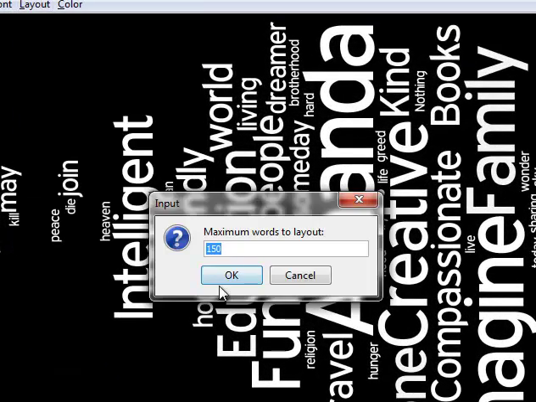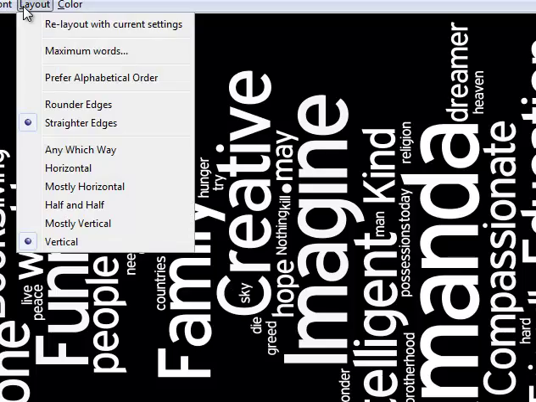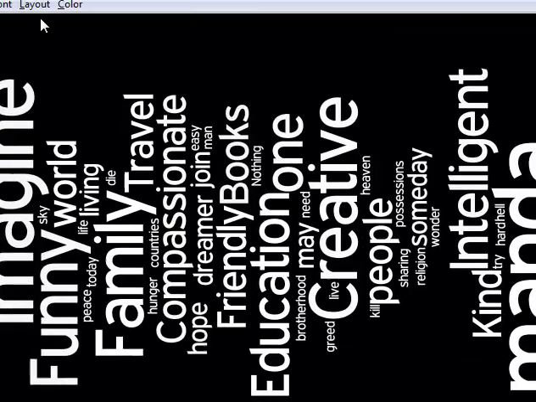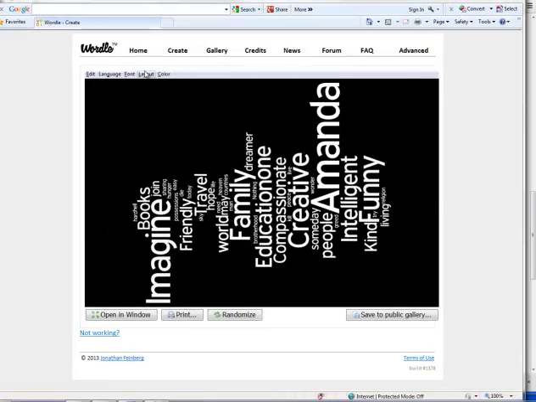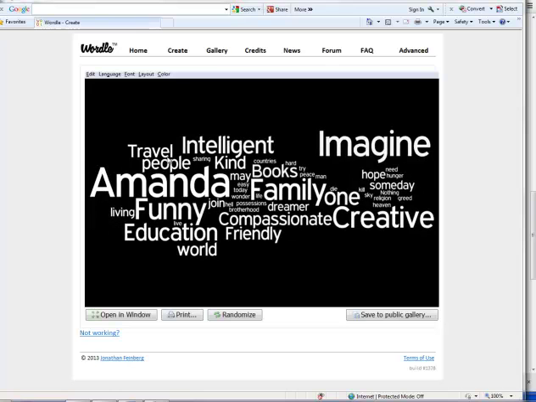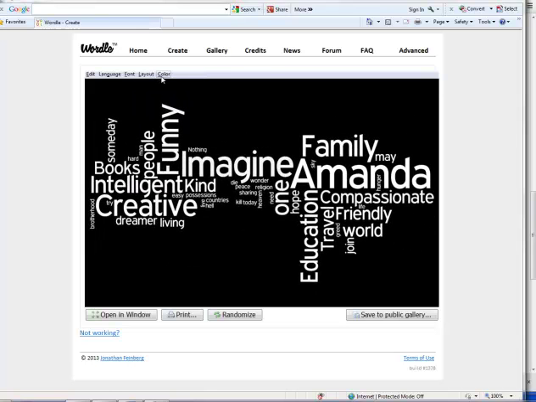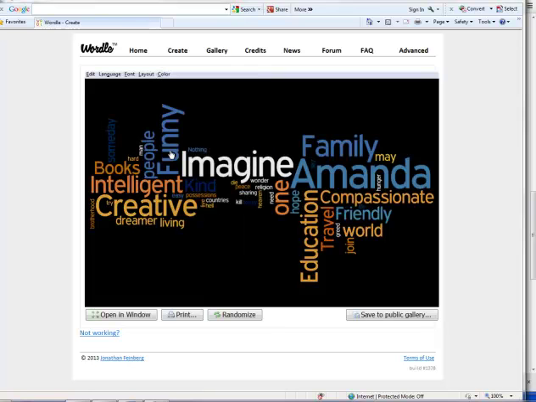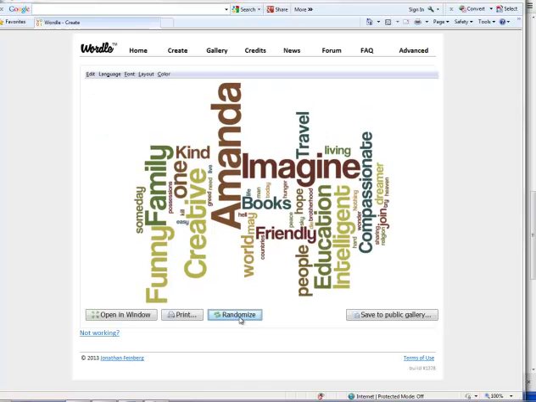So for instance, say you only wanted maybe 100 words on there, and that would sort them out automatically. I'm going to go back to the original. You might want rounded edges. You might want horizontal. You might want mostly horizontal. You can change the color, or you can click randomize. Click. And when you're happy with one,